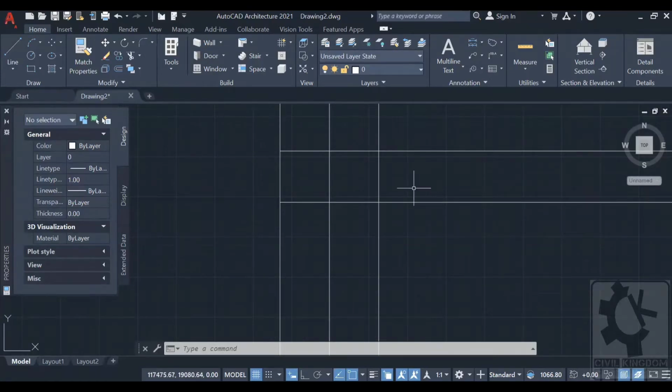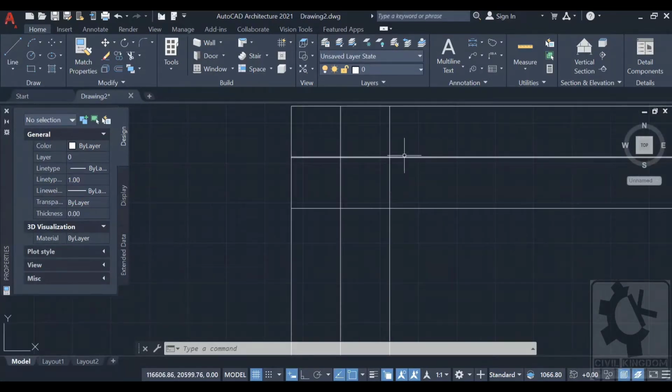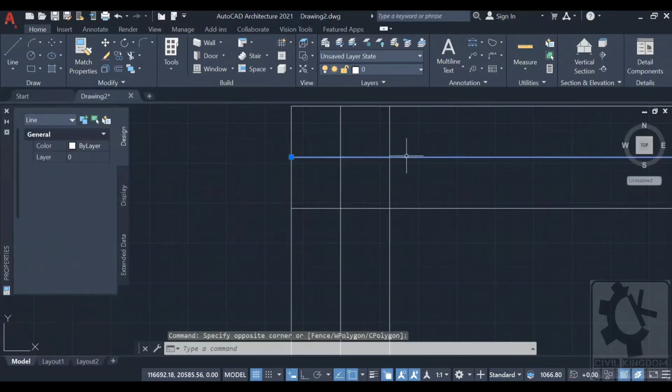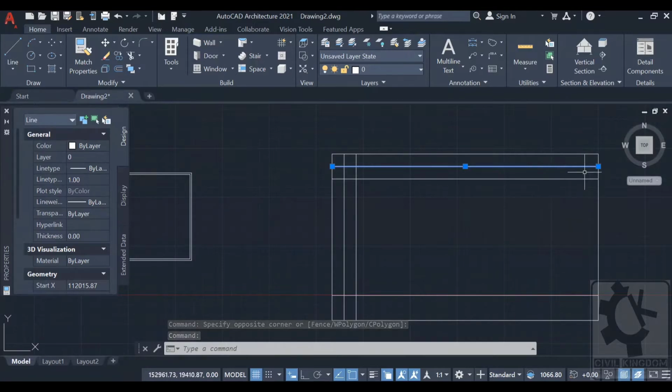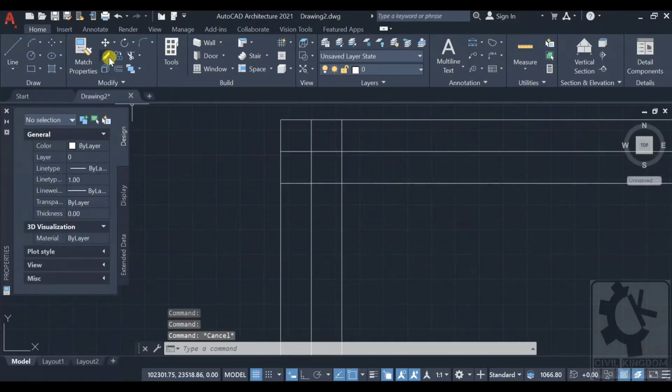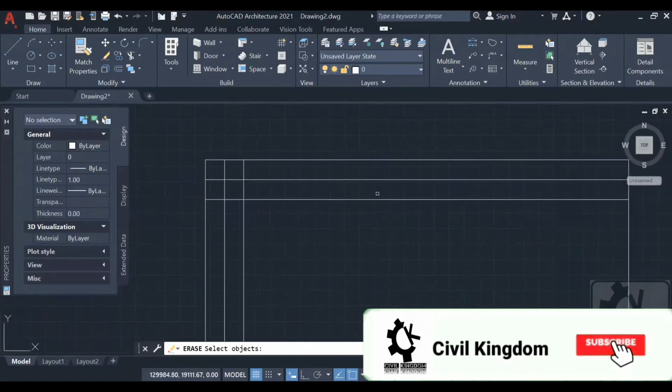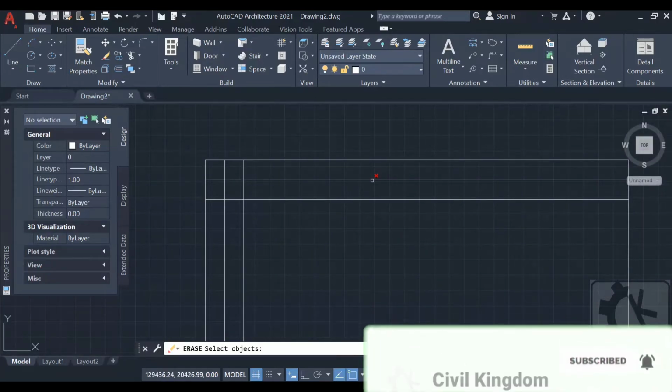If I select this line, as you can see the whole line has been selected. So in that case you can use the eraser, as it will delete or remove the whole line, as you can see.